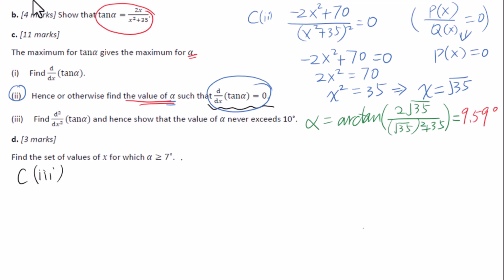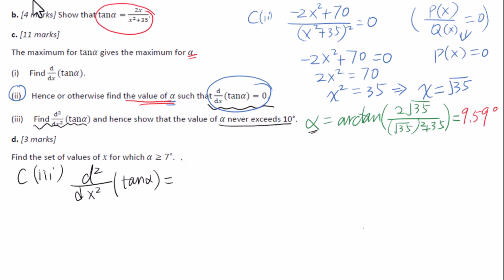Find d2 by dx squared of tangent alpha, and hence show that the value of alpha never exceeds 10 degrees. We want to figure out a second derivative of tangent alpha. If we prove this alpha is a maximum value, then automatically we already proved this alpha never exceeds 10 degrees. So d2 by dx squared of tangent alpha